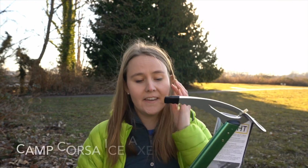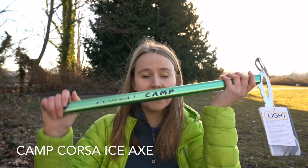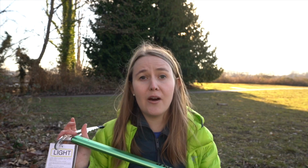Another item that I have to go through the snow is my ice axe. Now this is the CAMP Corsa Ice Axe, 60 centimeters, and that size was good for me, but if you go on REI's website, they have a helpful guide for choosing which ice axe size is best for you. Now, this guy weighs in about 8.8 ounces, it's around half a pound,